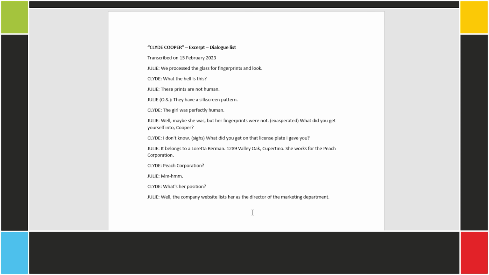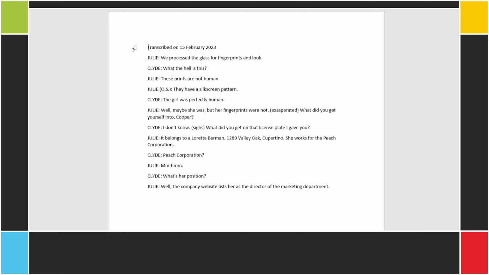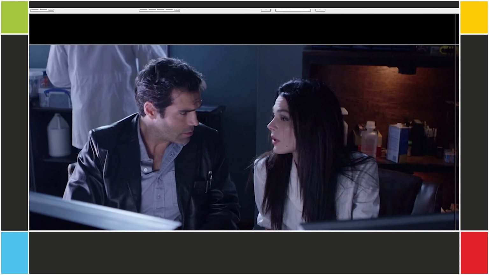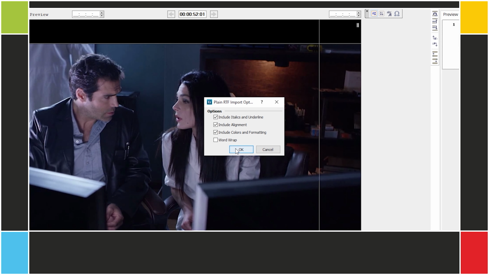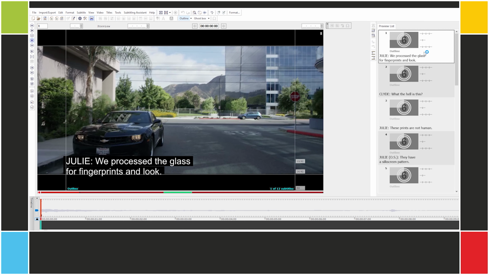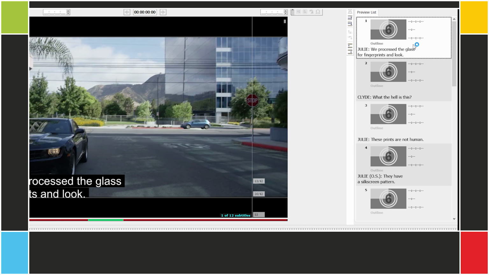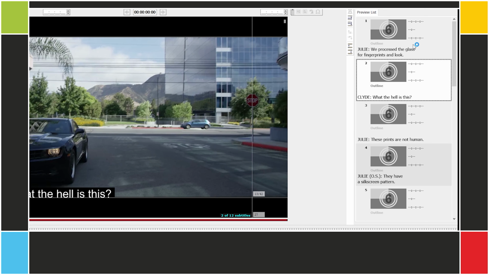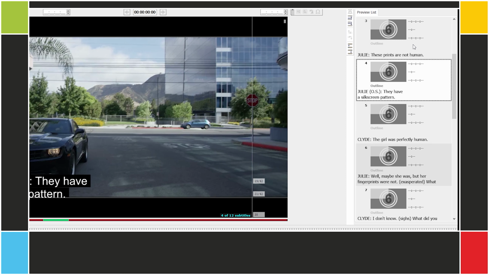However, because this is in a very unstructured format, EasyTitles has no way of knowing what to import specifically, so it'll try to import all of the text in the document. You might want to clean up the non-essential information, such as this header. Now we import the document directly to EasyTitles. You can see we have all of the dialogue lines, which we can adapt to subtitles using the techniques we learned before.